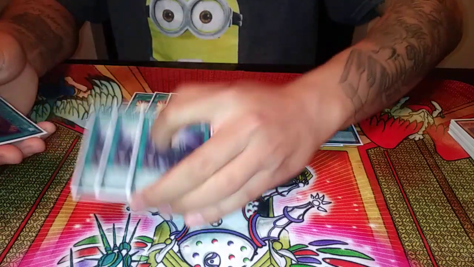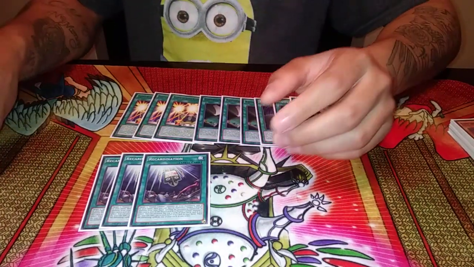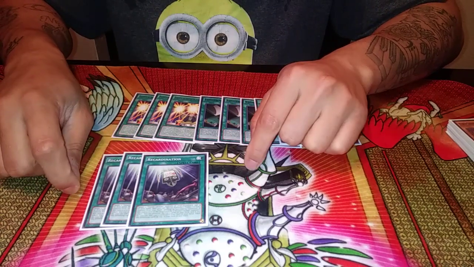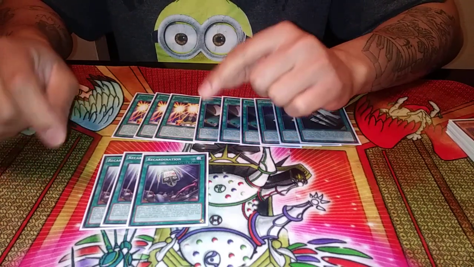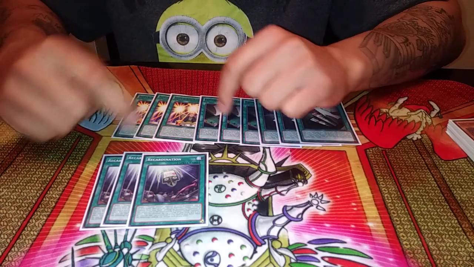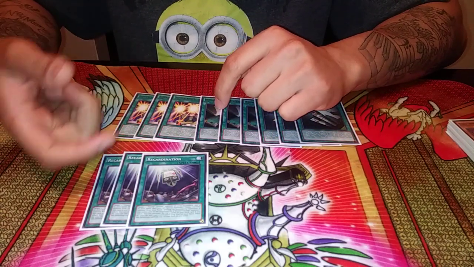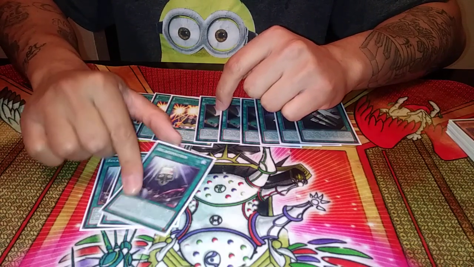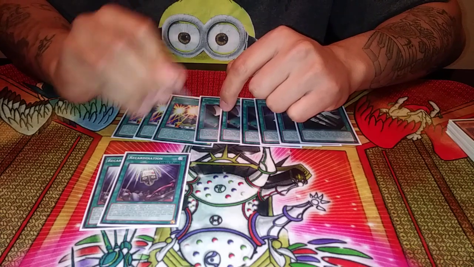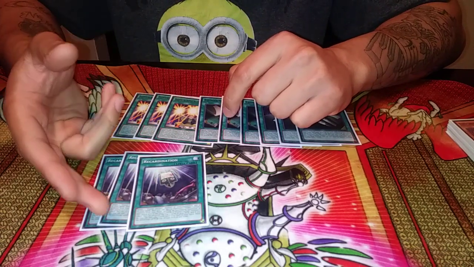Then we have Reincarnation. This spell is actually a lot better when it gets milled. So when you activate it, you target a Flower Cardian monster in your graveyard, add it to your hand, then you special summon one from your hand, ignoring its summoning conditions. Kind of like Koi Koi, but a little bit more of a setup. And then if this card's sent to the graveyard by the effect of a Flower Cardian monster, you get to literally excavate the top 5 cards of your deck and choose 1 spell or trap